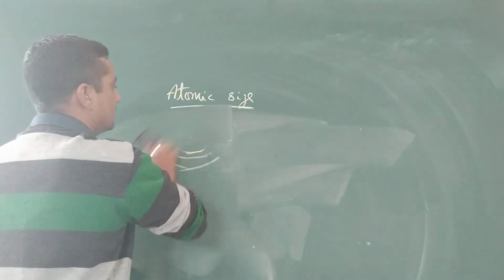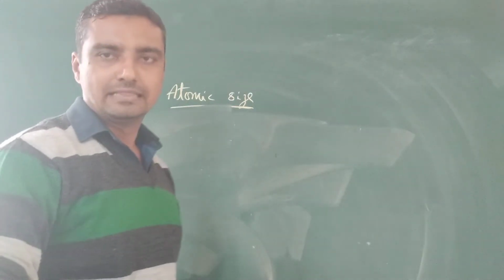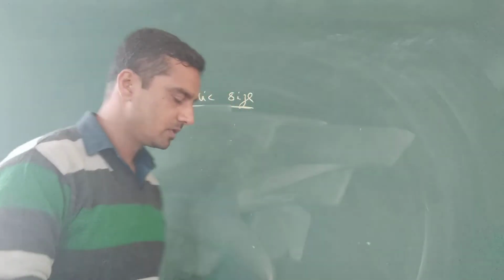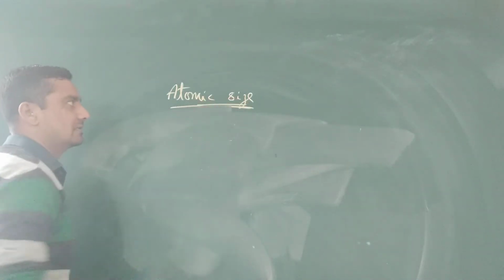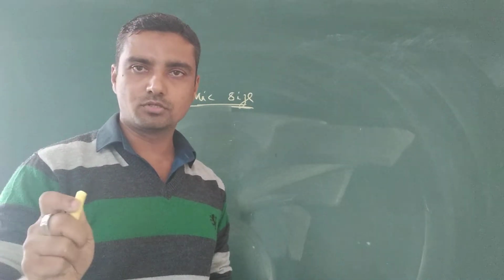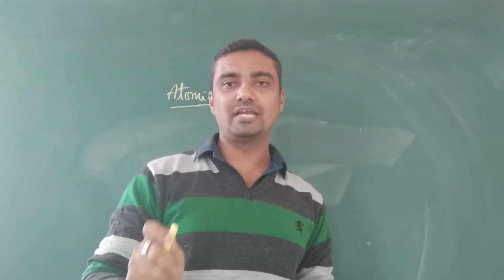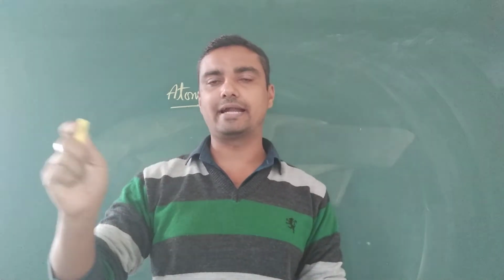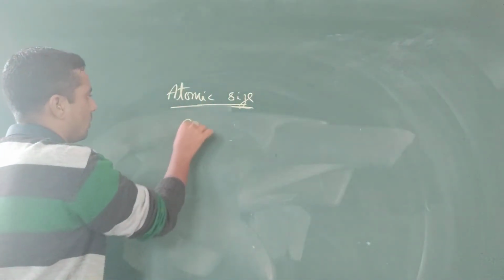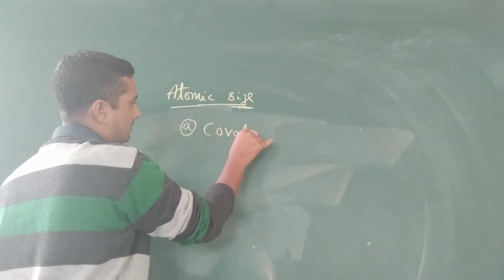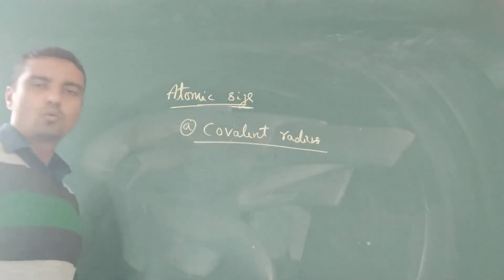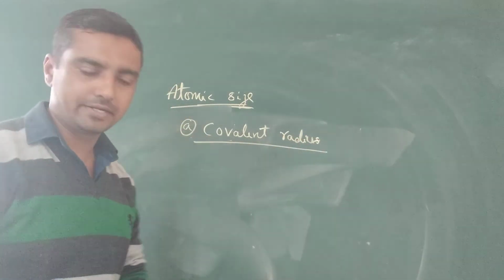So understand what atomic size is: the distance between the center of the nucleus and the outermost shell of electrons. We can't easily study the atomic size because it is very difficult to measure, since it is hard to isolate an atom from other atoms or molecules. So we study the covalent radius first. The covalent radius is nothing but,